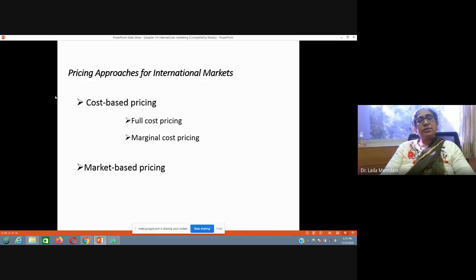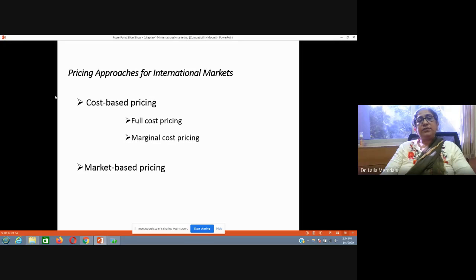So, in full cost pricing, what the company does is it adds up all the costs and adds the normal profit, because in economics, normal profits are included in the cost of production, and then decides its price, that is full cost pricing. In marginal cost pricing, the company sees the marginal cost, that is the additional cost of producing an